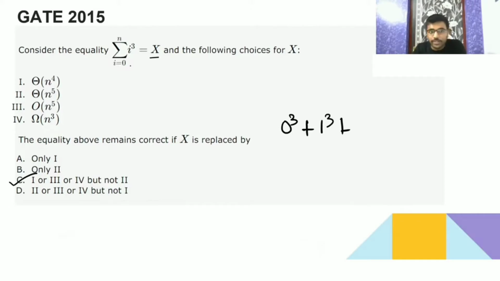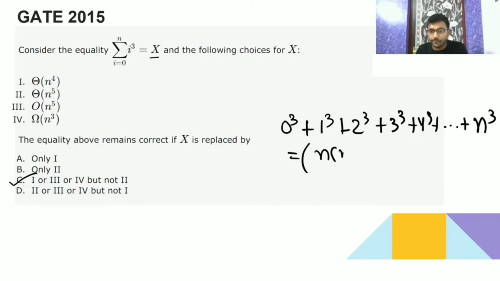the sum is going to increase from 0 to n, and all the i is going to be cube: 1 cube, then 2 cube, then 3 cube, then 4 cube, till n cube. It is like the sum of n natural numbers, but it is the power 3 of that sum, not the square root. It is going to be n into n plus 1 by 2, squared. This is the formula for the cube of the sum of the n natural numbers.